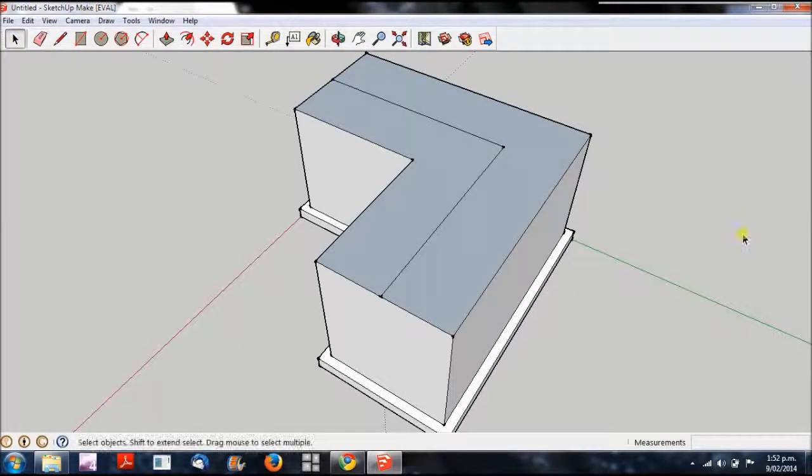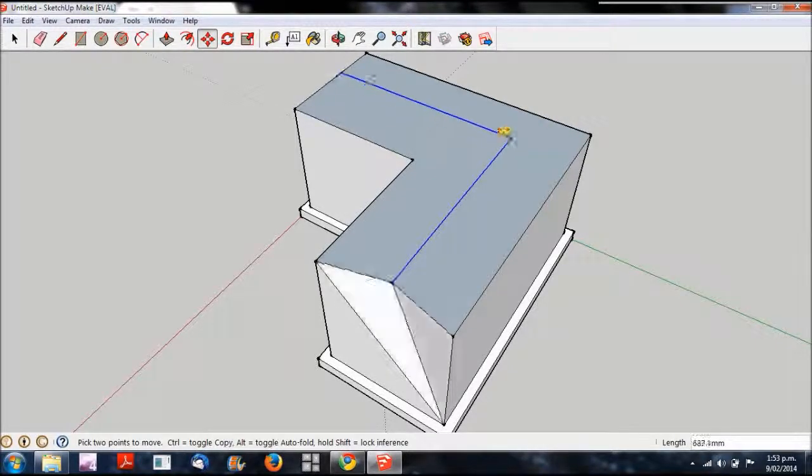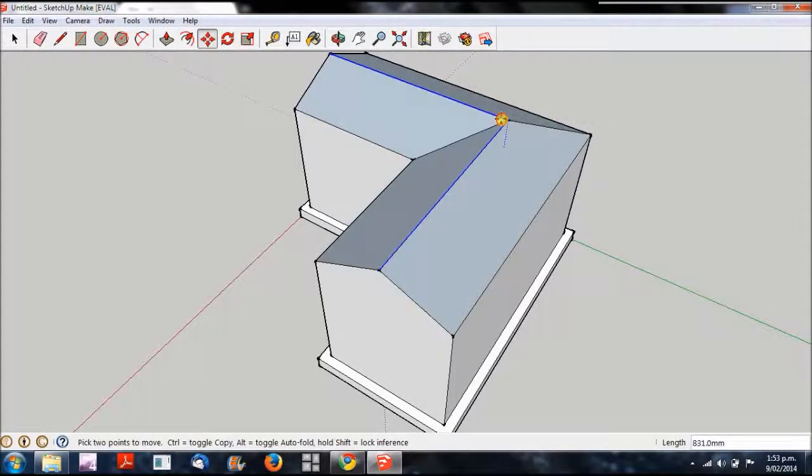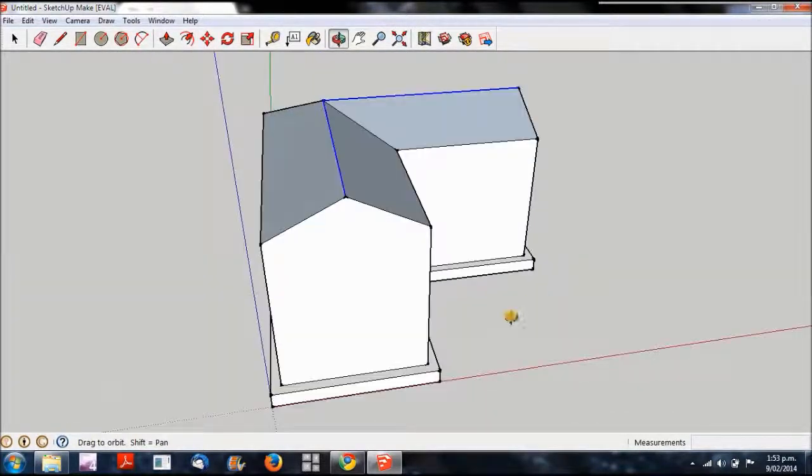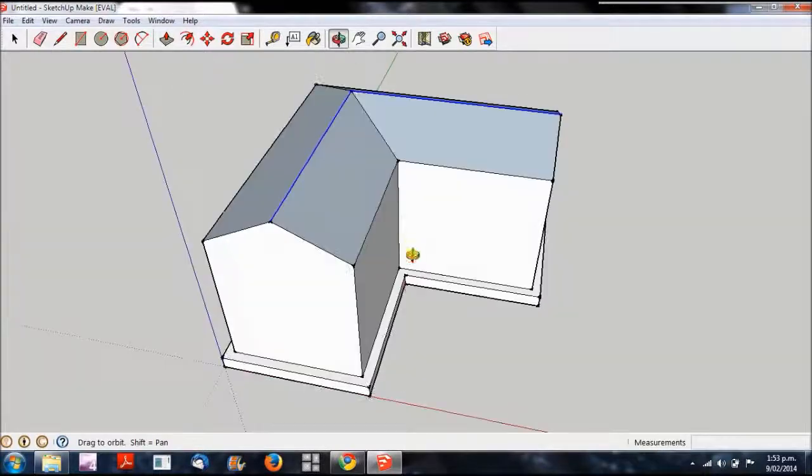First we have to select both of the lines, and we're going to use move, and move them all up adjacent to the blue axis, so it says on blue axis, like that. As we can see here, it created the effect that we've been looking for,